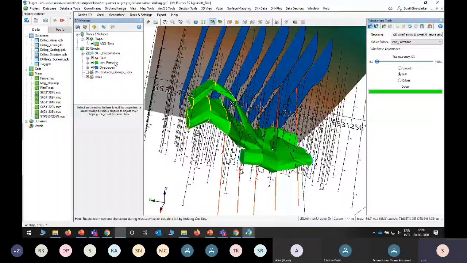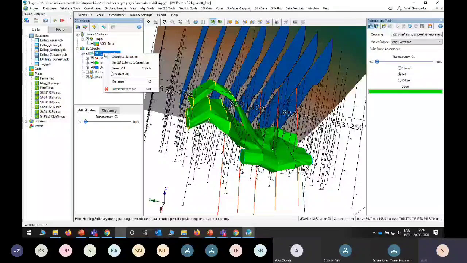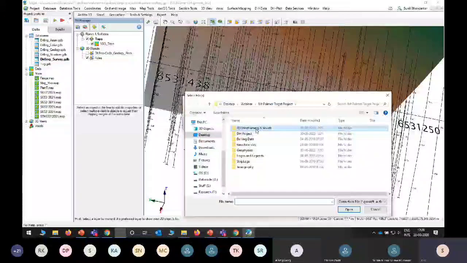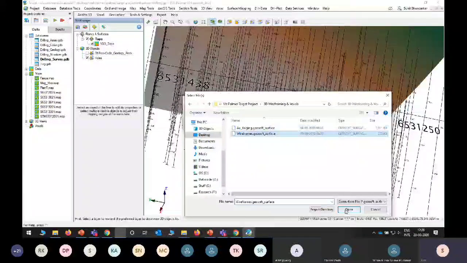Now we will add a geosurface which is already created here. Now you can see the perfect ore body with respect to the fault. This is how we can create the 3D geological model by our own interpretation.